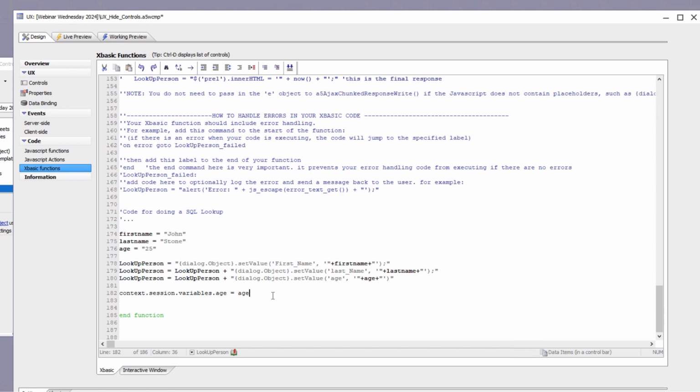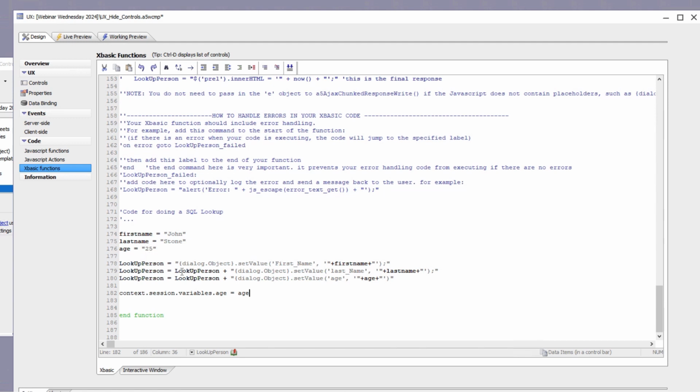Now, the nice thing about session variables is that they last from page to page. So if you've got multiple dialog boxes or multiple pages in your dialog box, the controls on one page won't necessarily be available on the next page. But when you're using session variables, those are always available, so you can always look at them. So as a result, often these are used to set show-hide expressions, and that's exactly what we've done here. Once we realize that someone is above, say, a certain age, and I think the age had to be 24 in my example,